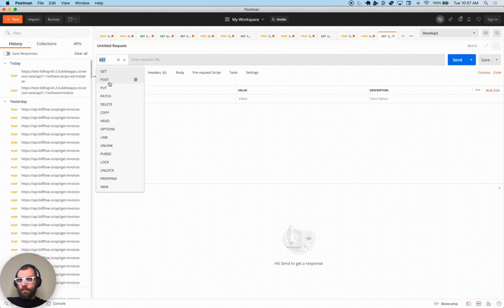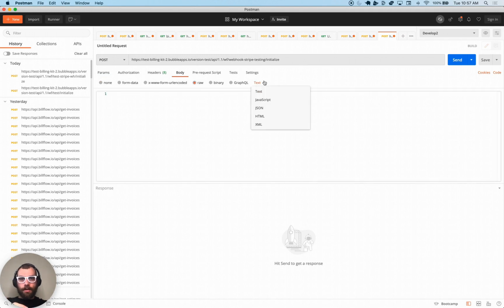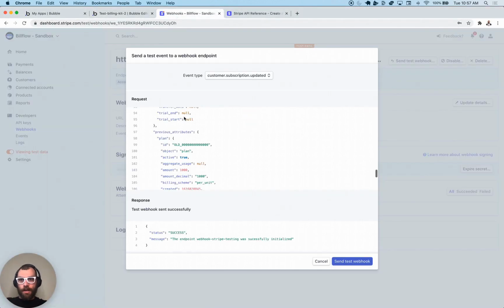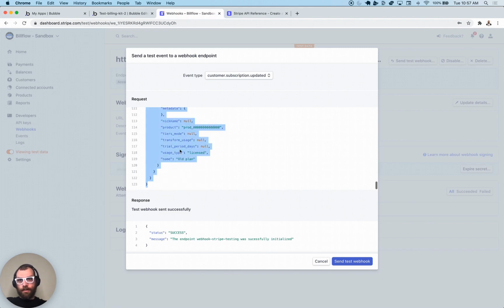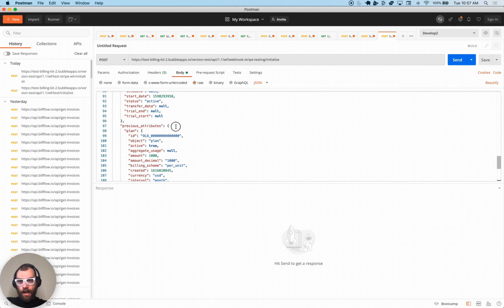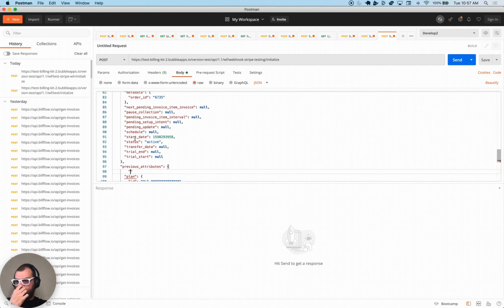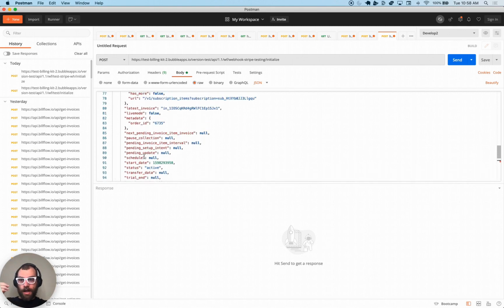So I'm just going to do a new request. We're going to set it to post. You paste in that URL, go to body, click raw, and then we're going to click the type and set it to JSON. Now go back into Stripe, and under this request that you had just sent to Bubble, we're going to copy this because this is the event that got sent into Bubble. We can copy this, paste it into Postman here, and now we can add whatever fields we want into these previous attributes, and it will be read,